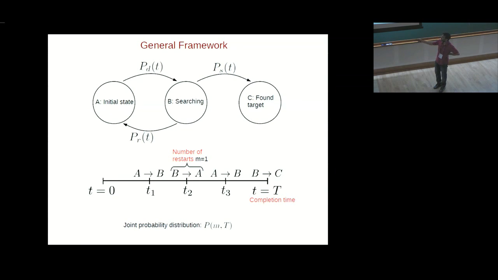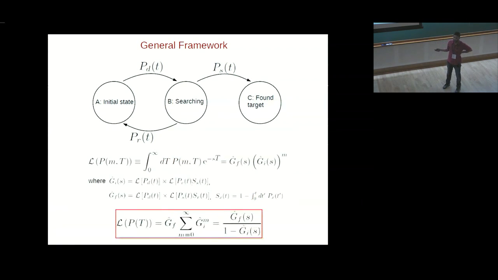And what we would really like to do is compute the joint probability distribution. What we can compute is a Laplace transform of that distribution in terms of Laplace transforms of those individual things or certain combinations of those. So I won't go into the details, I'll point you to the poster for details of this, but this is